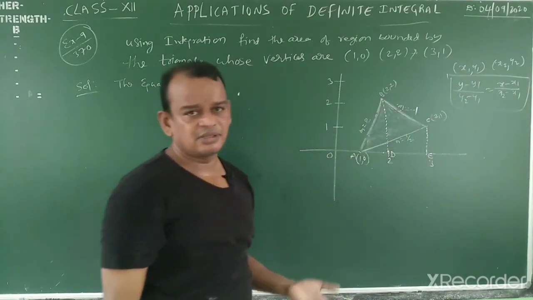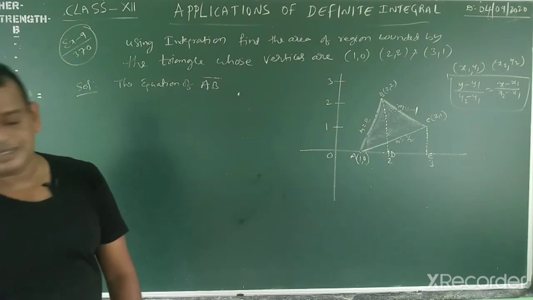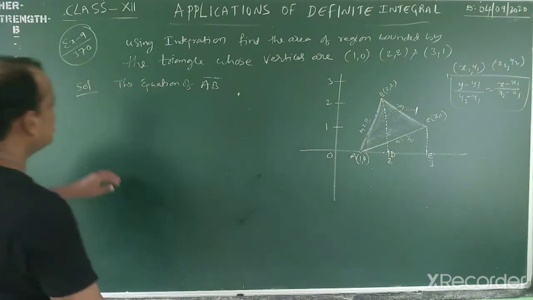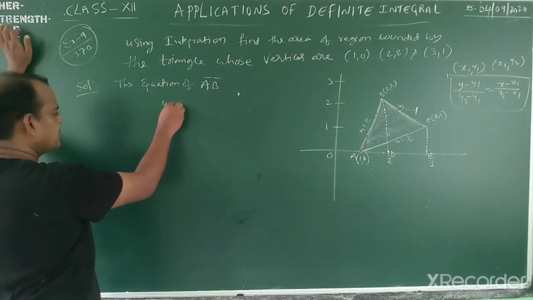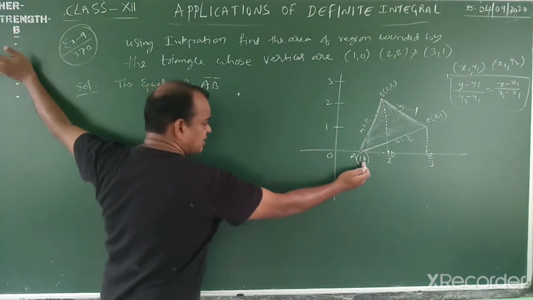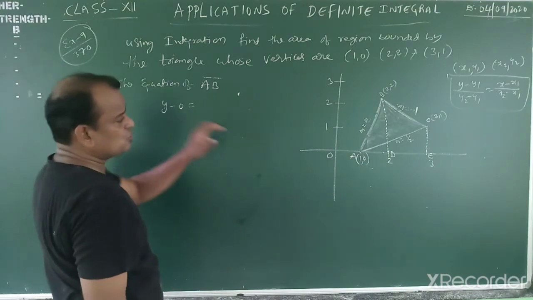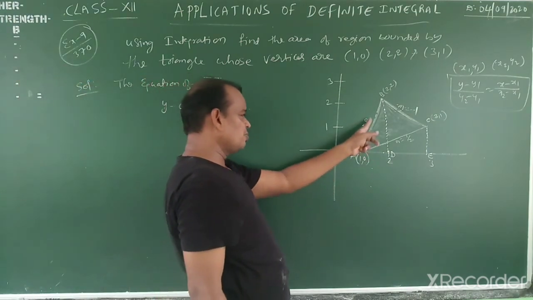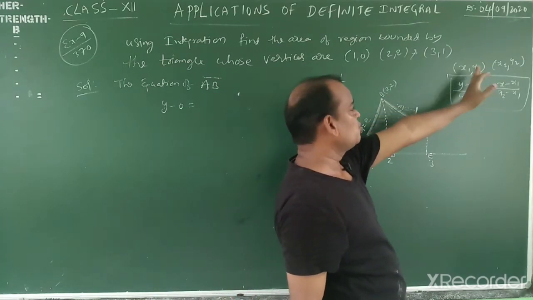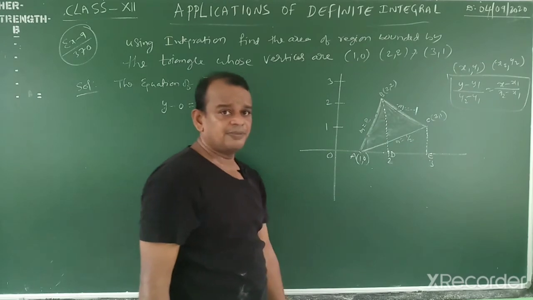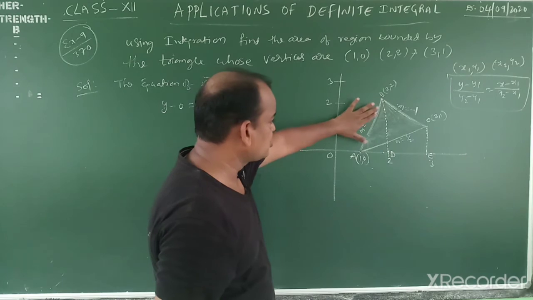Okay, my dear students, if you have applied that formula, fine; otherwise, no problem at all. Now, for the equation of AB, directly substitute y minus y1 is equal to m into x minus x1, since the slope is there. Otherwise, you can also use the two-point formula: by using two points, we find the equation of the line. No problem at all, but we have already found the slope. Okay, don't get confused. Don't find the slope by using that one.